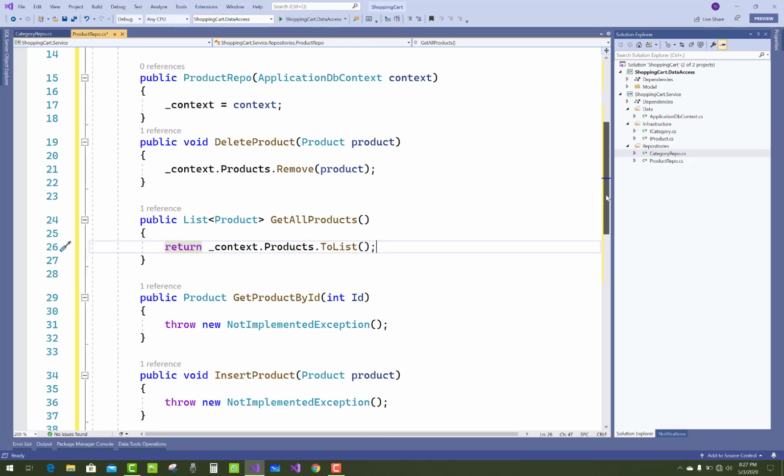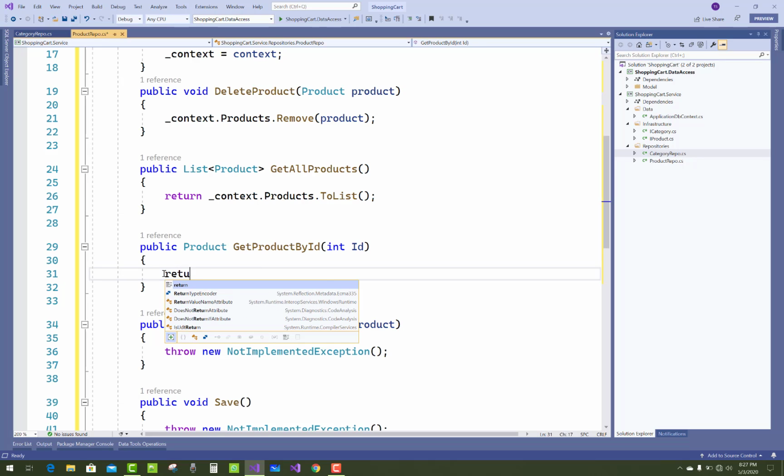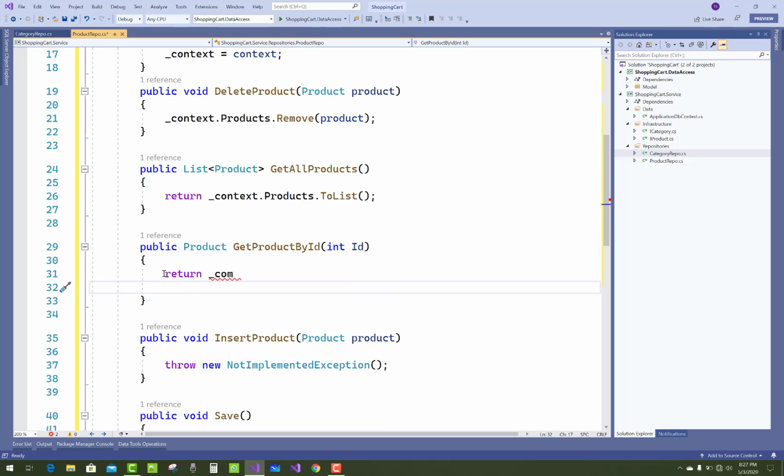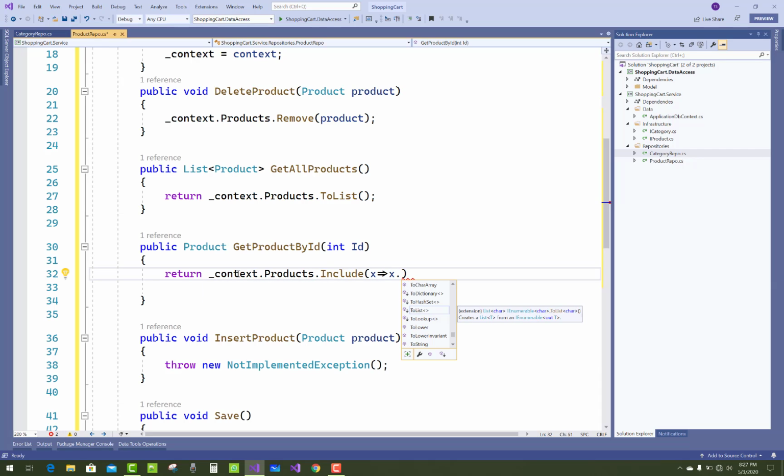Okay, and in the get product by ID, I want to also include the categories. So you must use the include method in that manner. So return _context dot product dot include x goes to x dot, there is the navigation property which is used here.